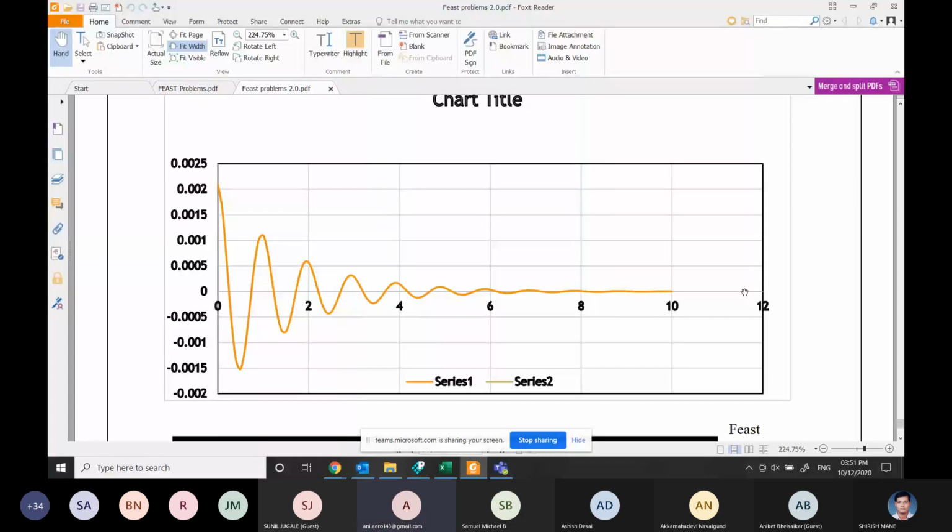Some of the experiments can also be done using accelerometer and some LabVIEW kind of software for experimentation, but the same can be analyzed using FEAST as well. So this we are going to see in this session.